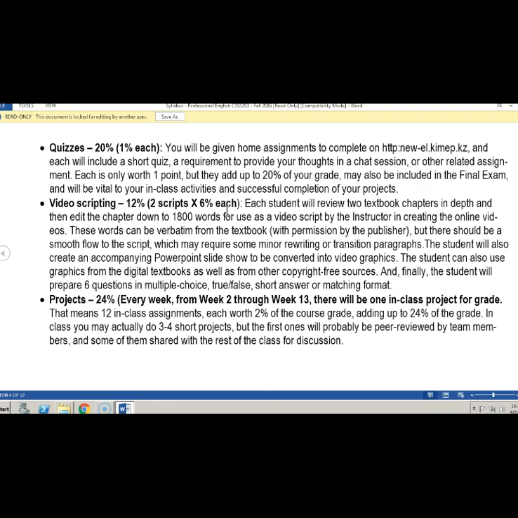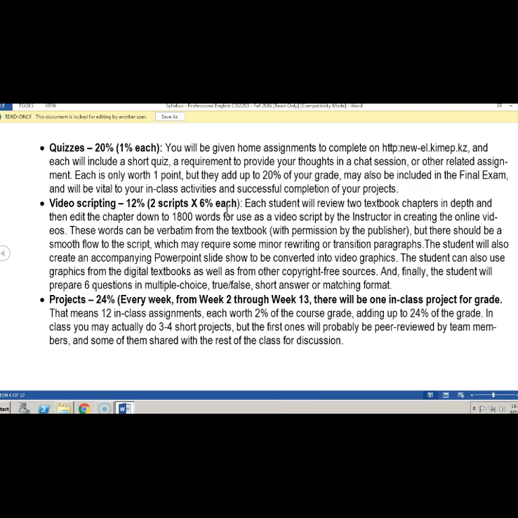You're going to come up with 6 questions. Like I said, there are already questions in the textbook, but you'll have to put them into an objective format. They're usually open-ended, essay sort of questions, so you have to reword them, which means you also have to know the right answer. So as you're going through the chapter, you're going to have to figure out the right answers to these questions, and then rewrite the questions accordingly and make them objective instead of open-ended. And you will create a PowerPoint.